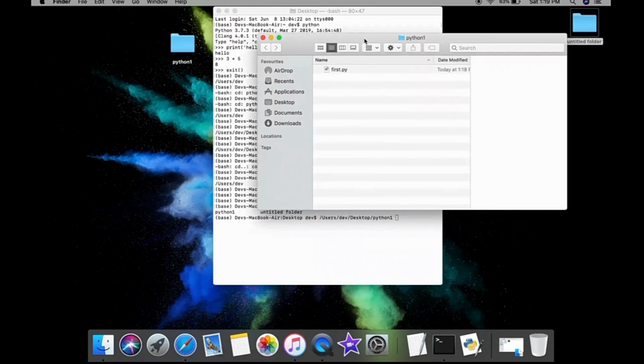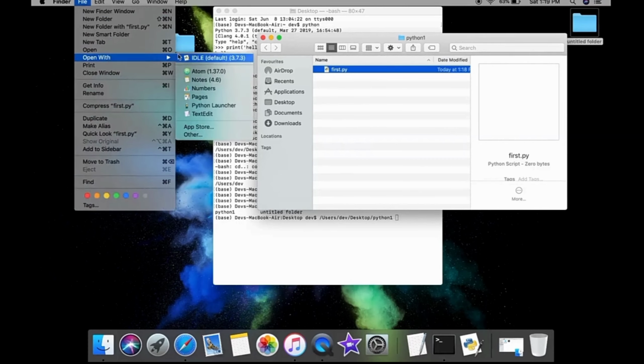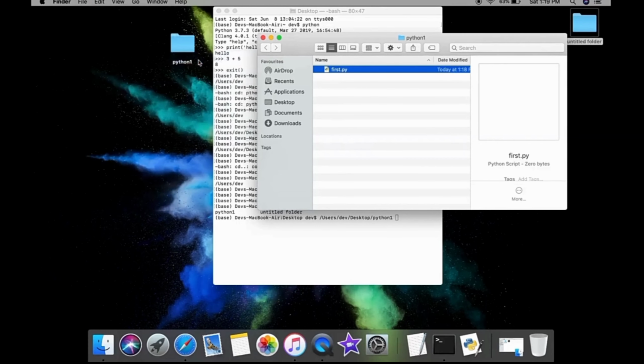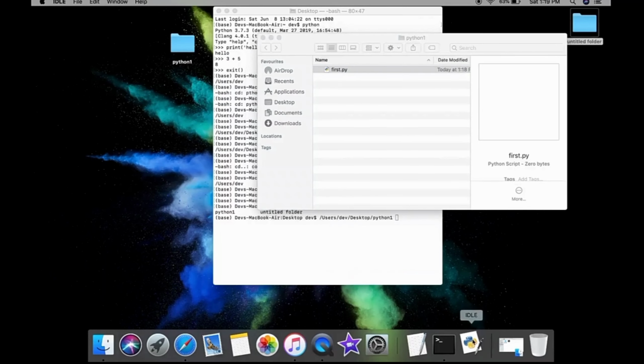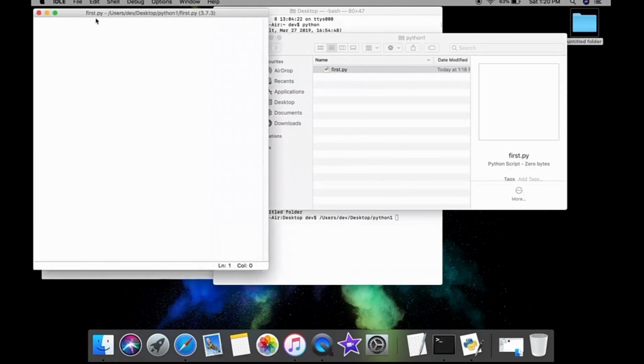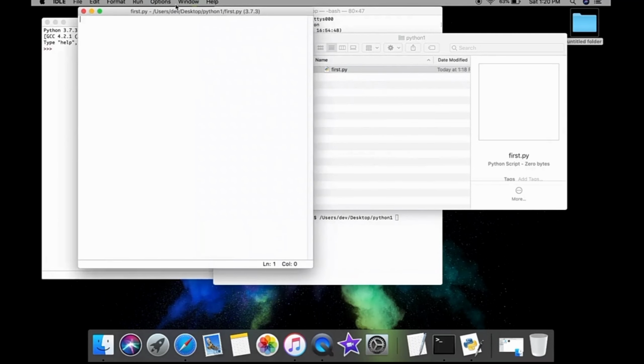And what about running the Python code in the command prompt? First of all, you have to write a code, and here we have our Python file. You can edit this one with the default editor, that is IDLE here. So here we have the editor, and if you notice, this file is here, first.py.